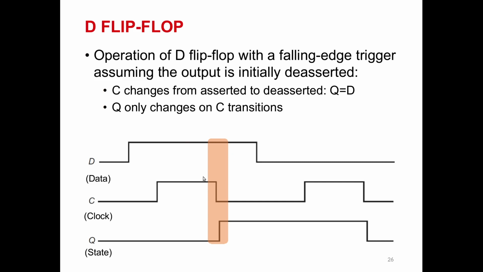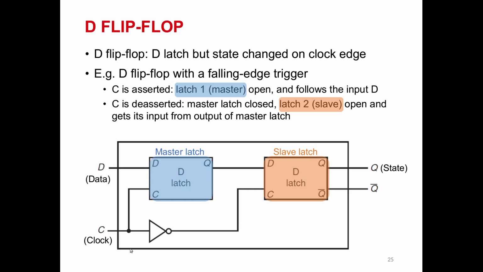As I said before, at the low clock, when the clock is high, D from here gets here. When this clock gets to low, this value gets to high, making this value, which is D before, get through here, and Q, the output, will be the previous D when the clock changes from